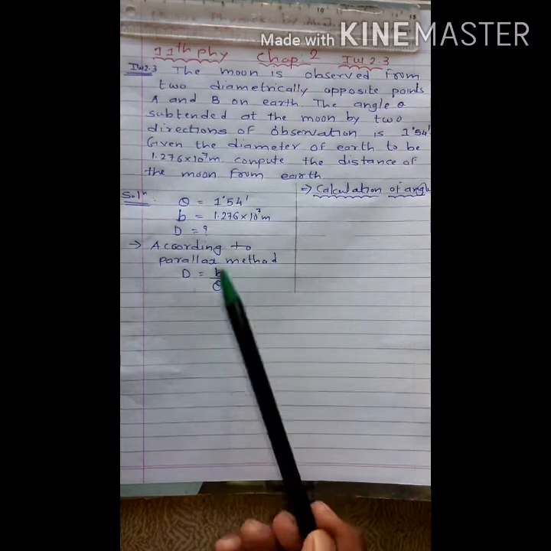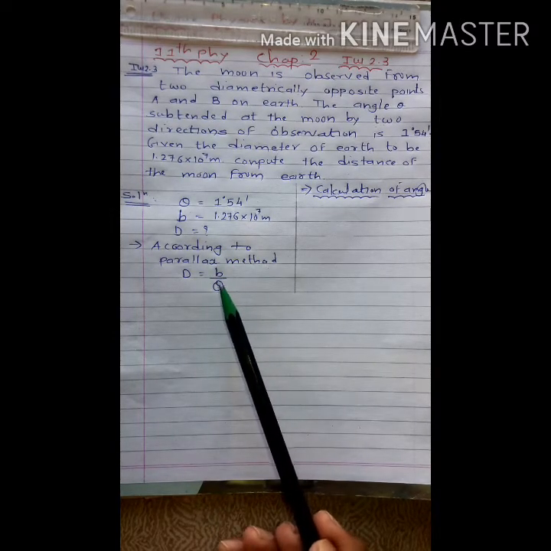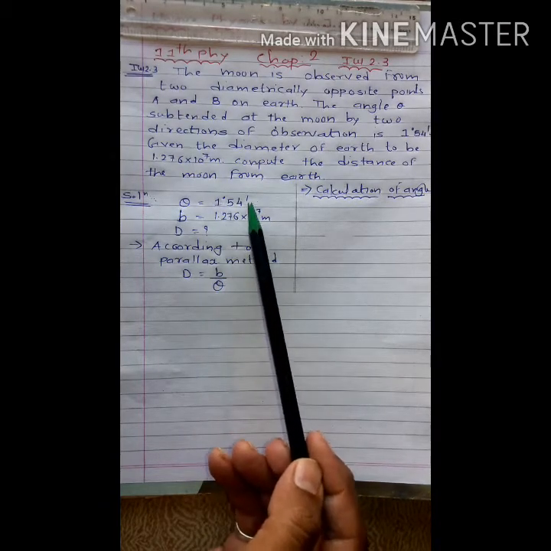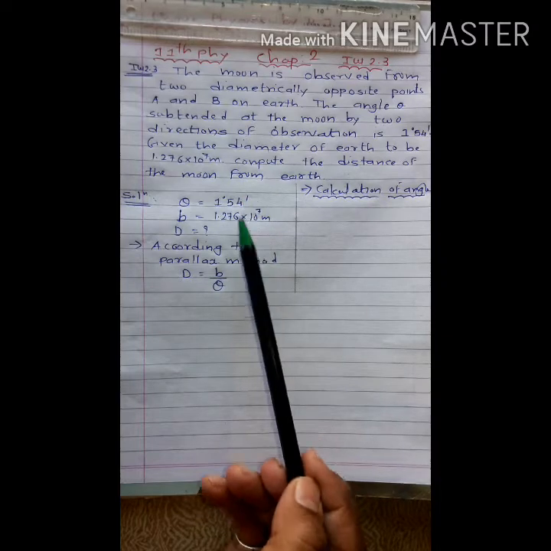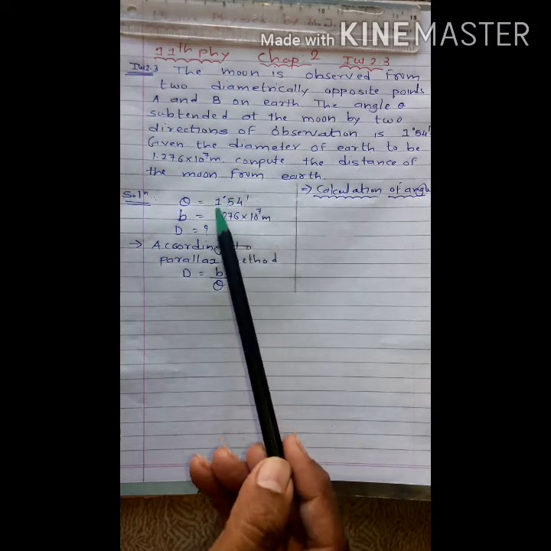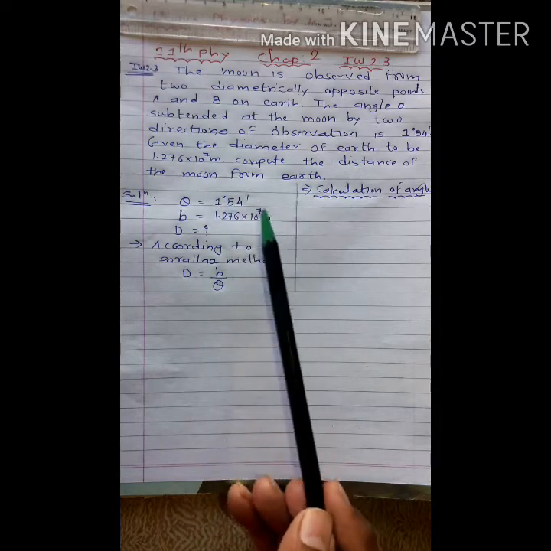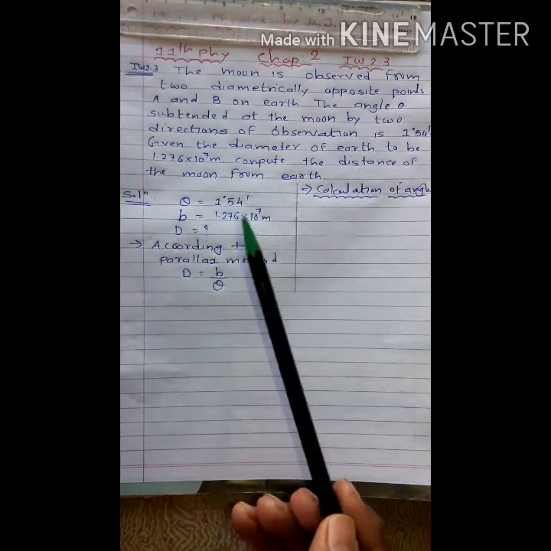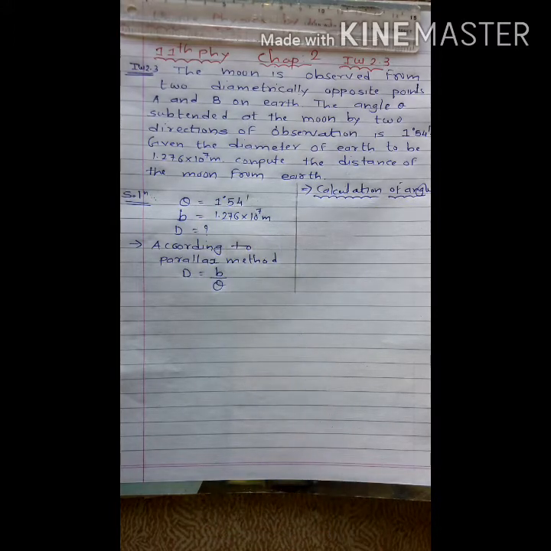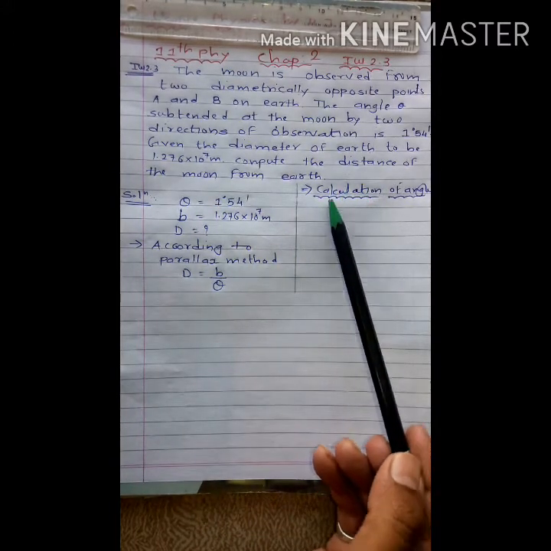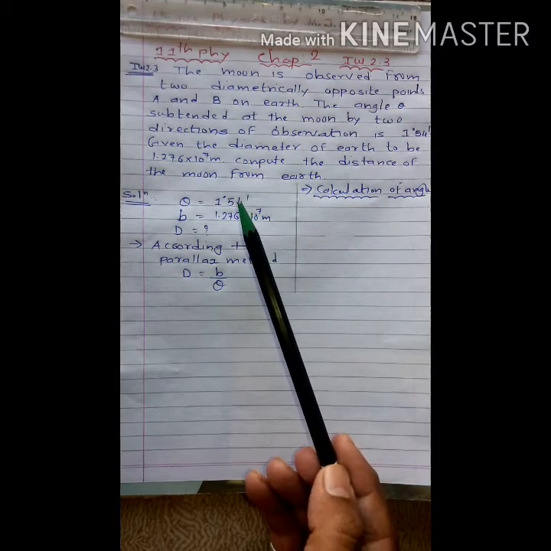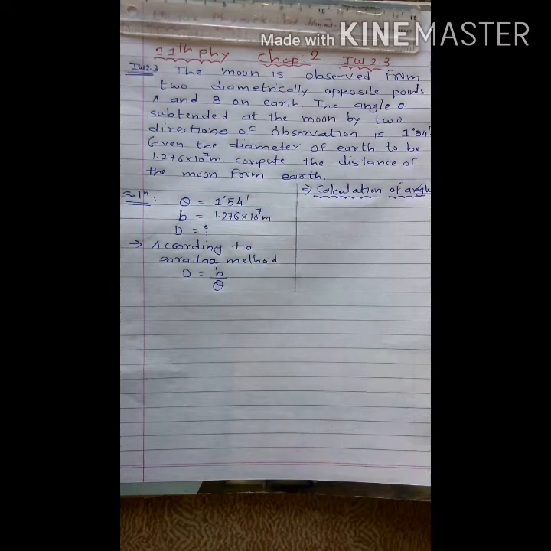Small b is given, but first of all we convert the value of theta from degree and minute into radian, because the supplementary unit of plane angle is radian. Here we use the conventional units degree, minute and second. We must convert these units into radian. So first of all we explain the calculation of the angle. In short, we will convert this value into radian.